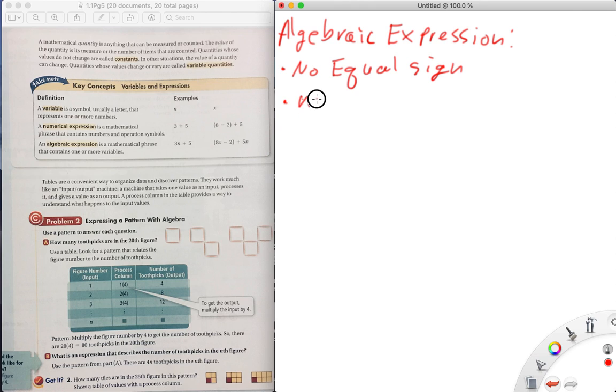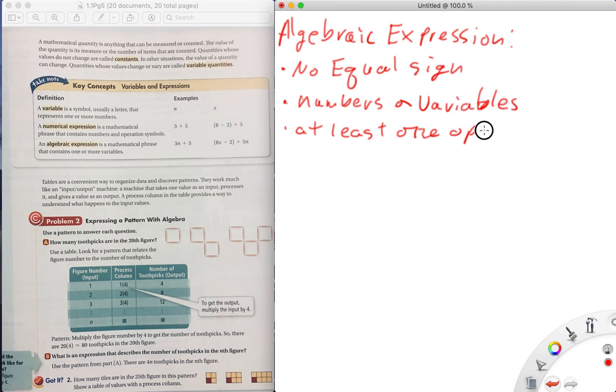You can have numbers, or you can say constants, or variables. At least one operation. And when we talk about operation, operation is multiplying, dividing,